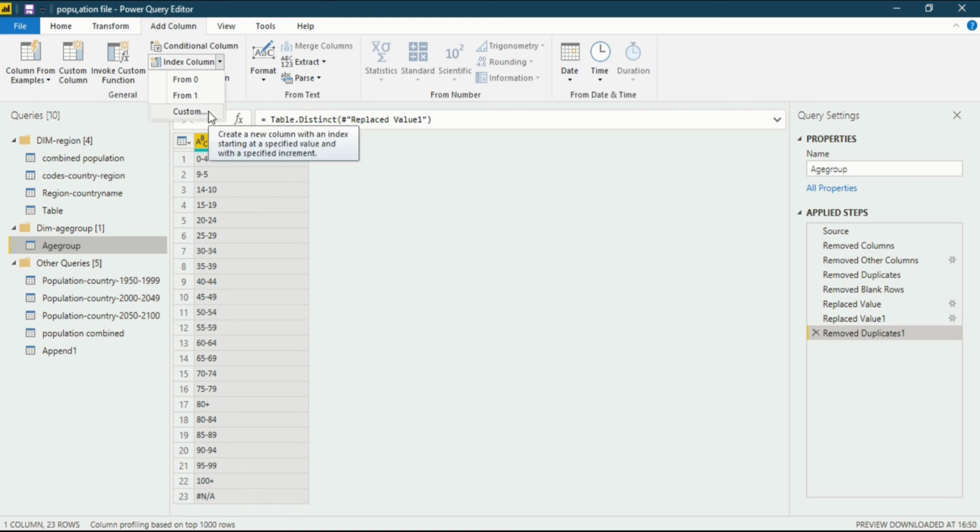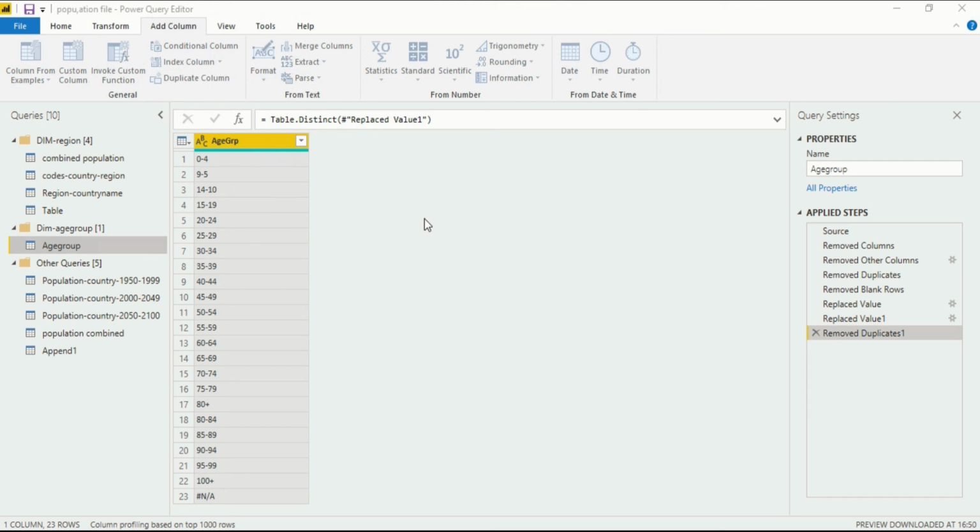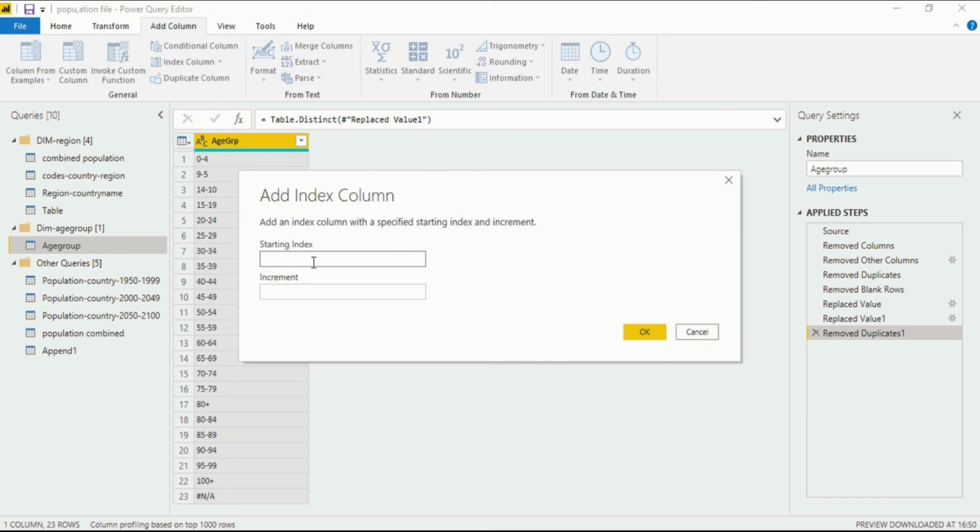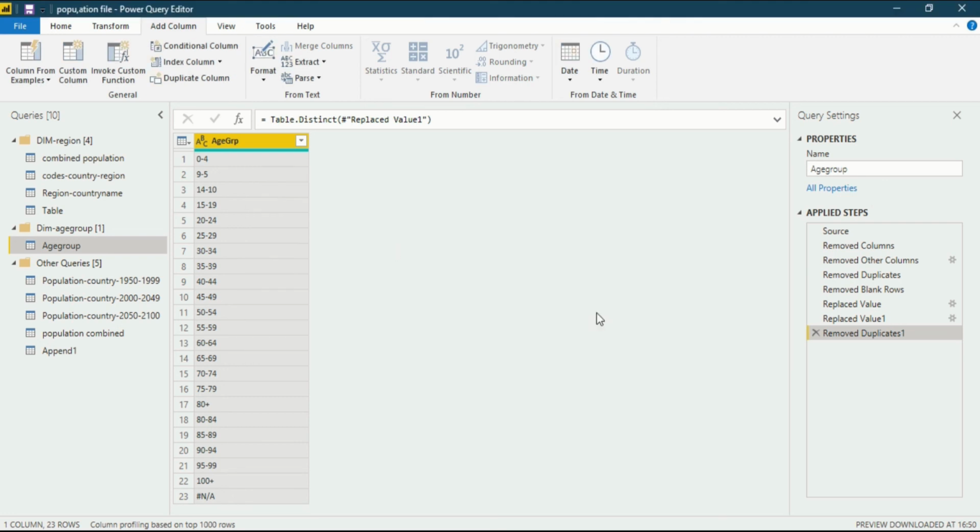So first of all, I will click on custom. You will see create a new column with an index starting at a specified value with a specified increment. If I click on custom, you can see a starting index, or you can set an increment. Like if I want to start from 5, the increment should be two. After that 5, it should be 7, and 7 to 9. It should not be in between them. You can always go for odds, evens, and whatever number you like. So I should cancel this because I need the index column in this from 1.